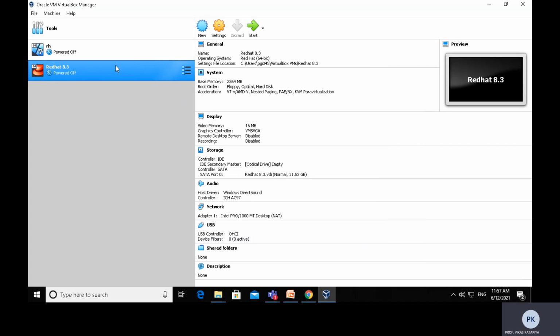Now our virtual machine is ready. Now I have to provide the Red Hat ISO image file, and we have to provide the path to that virtual machine so that it can install in sequence. Double click on the virtual machine Red Hat 8.3.